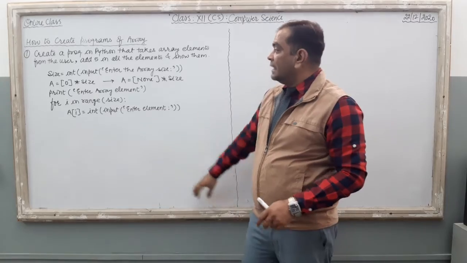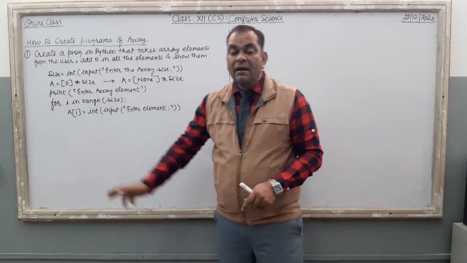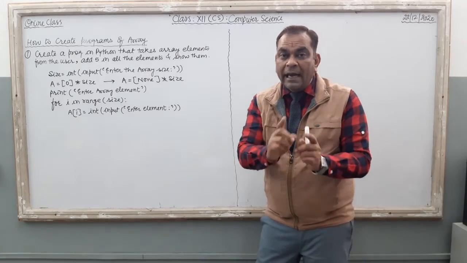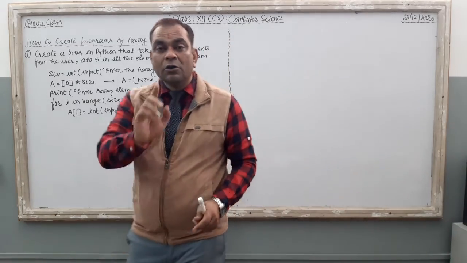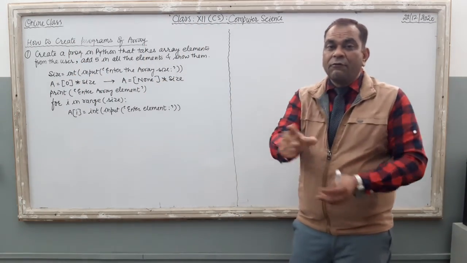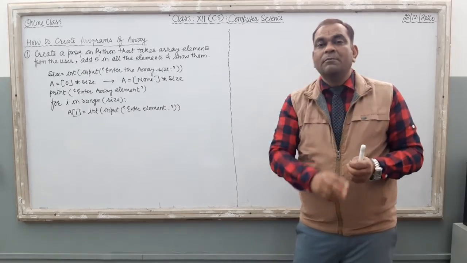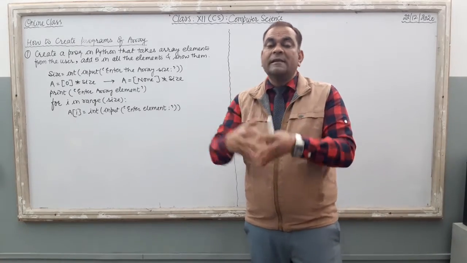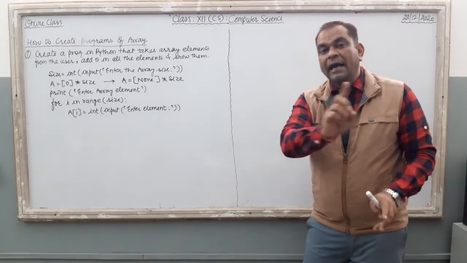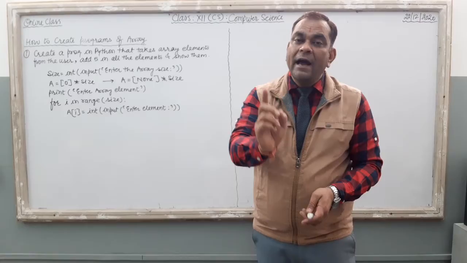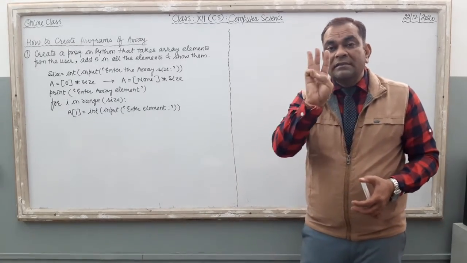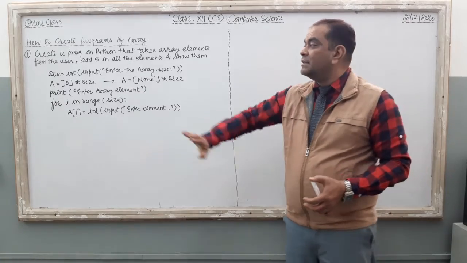Your second part in this question is to add 5 to each and every data element of the array. So again you have to put a for loop for processing. In this type of question, one for loop is reserved for taking the input, another for loop is reserved for the processing, and at the last, if you want to show the array elements separately, again for output purposes you have to put one more for loop in your program. So a total of 3 different for loops are related to this type of program.